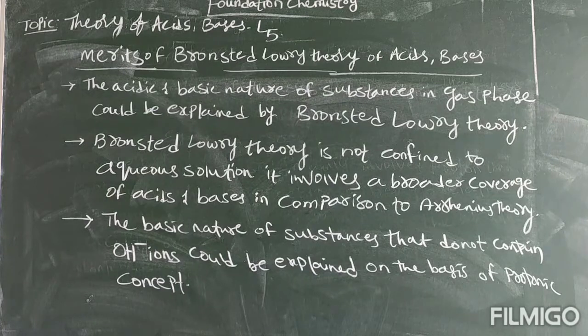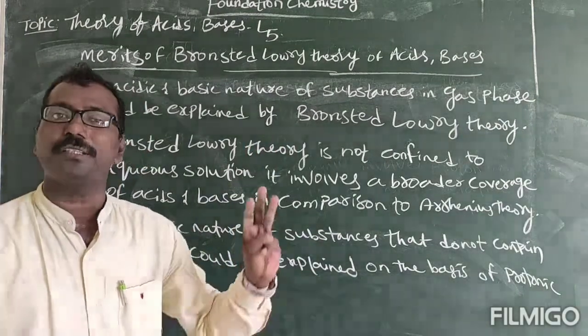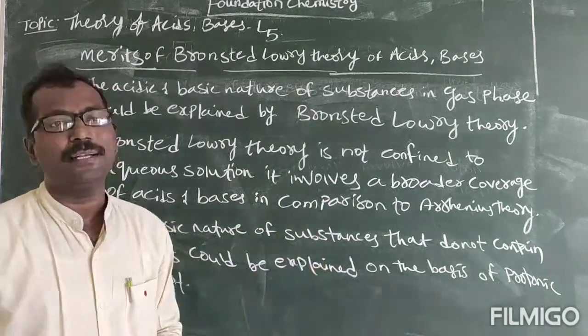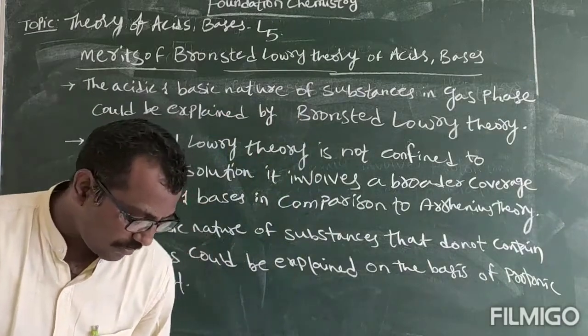In the next video, you will be having the discussion about the next theory, Lewis's theory of acids and bases. So totally in acids and bases, we have three theories. Presently, we are following three theories. One is Arrhenius theory of acids and bases, second one is Bronsted-Lowry theory of acids and bases, and third one is Lewis's